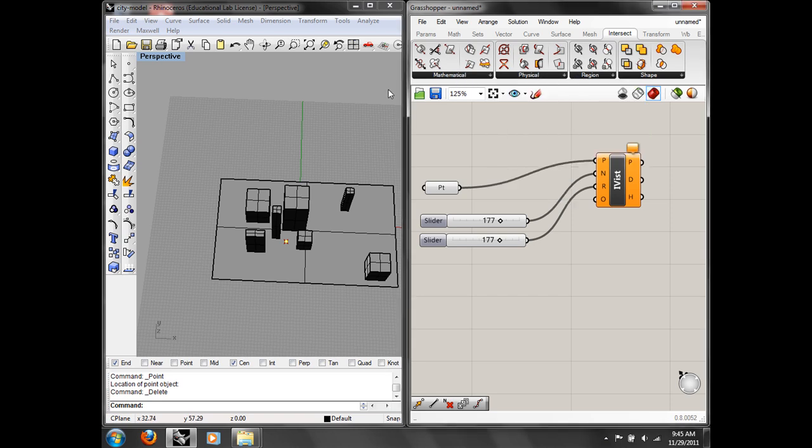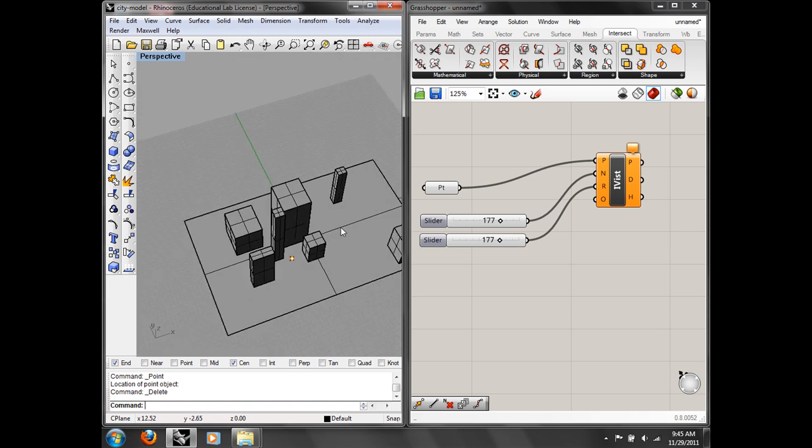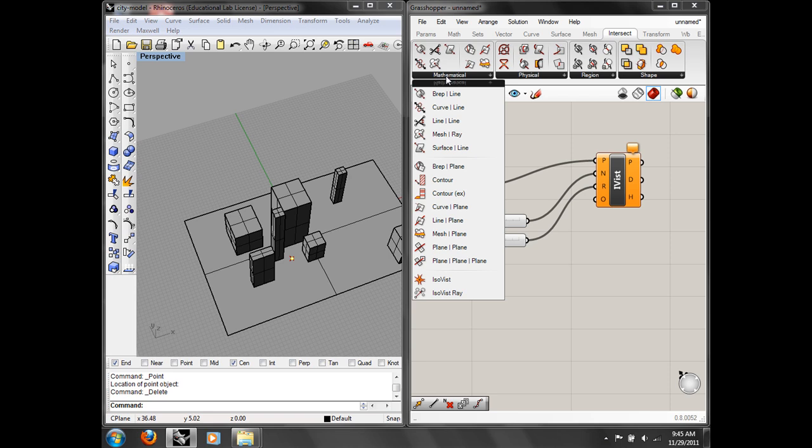The one in this case that we're looking at, I'm going to say is probably a B-rep with a B-rep, or a B-rep with a plane. These are all boundary representations, and in fact they're just like boxes, so they're the perfect boundary representations. So we're looking at the intersection of that box, which in this case is the building, right? That geometry with some other thing, and that's going to give me a line. That's going to give me an outline. Okay. So it's kind of like a section,